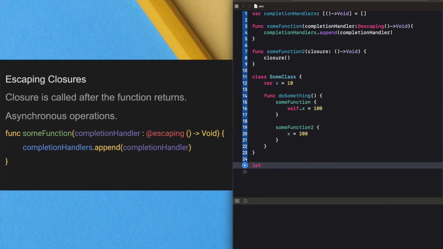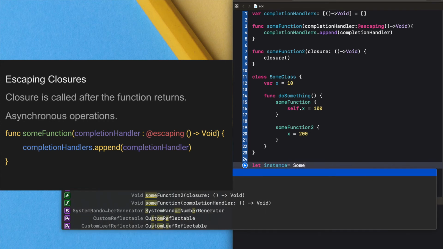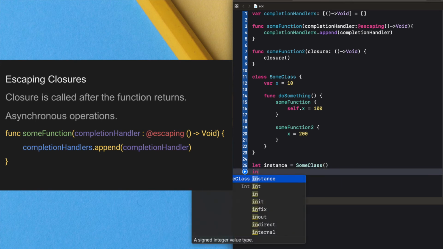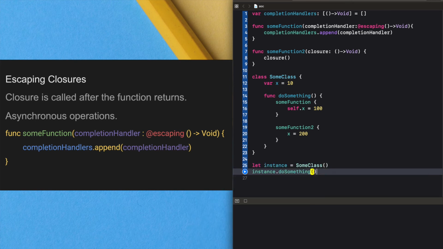Let instance equal some class, dot do something, print instance dot x.